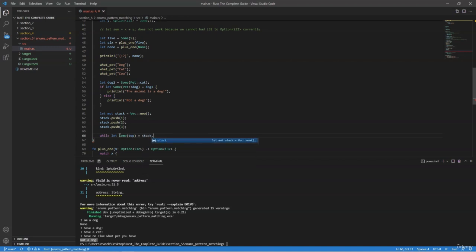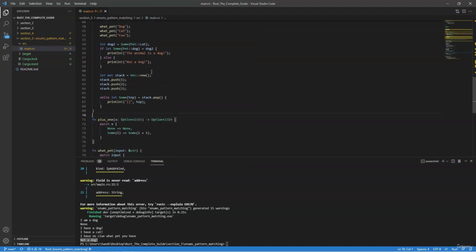equals stack.pop, print out top. So what's going on here? So we created a new vector, pushed in 3 values of 1, 2, and 3, and then we're saying, hey,